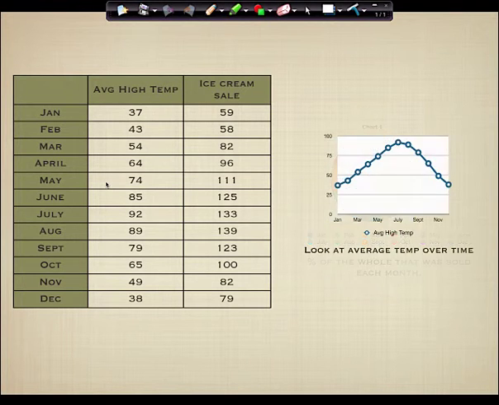So now let's try this. What if we did an XY line chart? Where on the x-axis we have month, and on the y-axis we have average high temperature. Is that the point of this data?